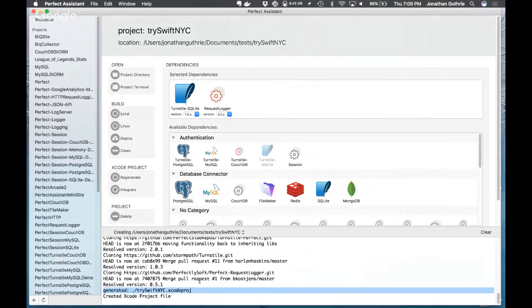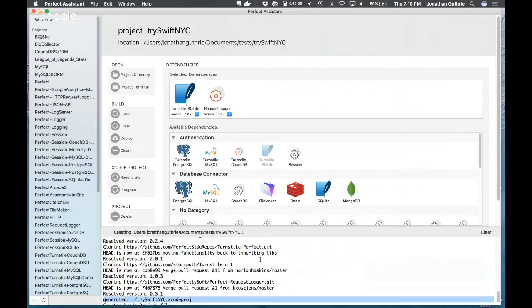For those iOS developers out there, that will be music to your ears, because you're able to use the same tools for your iOS and macOS projects. The project Swift NYC has the following dependencies: Turnstile, SQLite, and request logger. Now you might say, hang on a minute, I saw a whole pile of others.